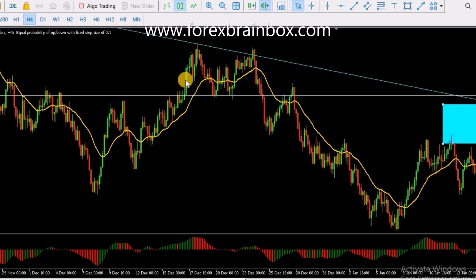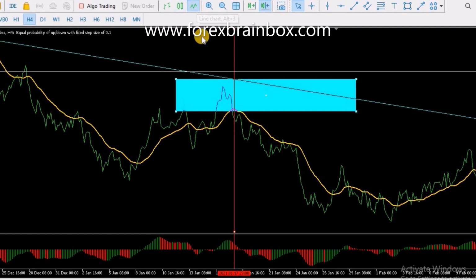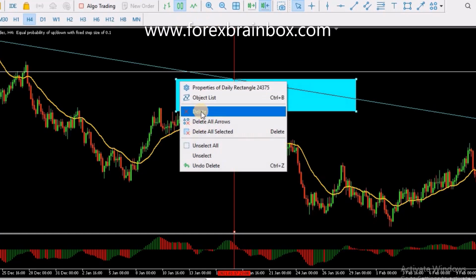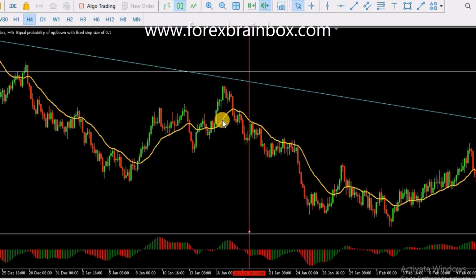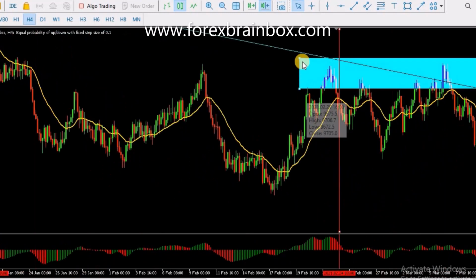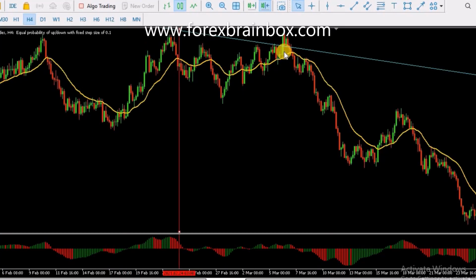So let's move over to the second time going that way. This is the second line here. When it got to this level, this is what happened again. Below the moving average, what happened? Which fell as I said. Let's check out this third one. When it finally got to this point,